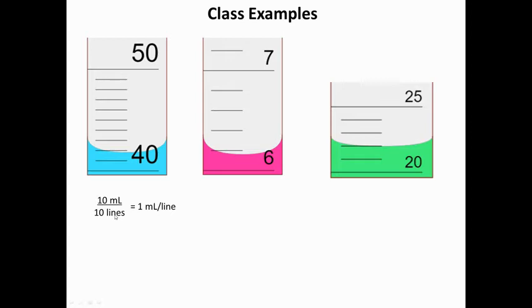And if we go ahead and number those, then you've got 40, and we can work our way up to 43. We could go further, but we're only worried about the parts that we're looking at here. And so we know that it clearly makes it past 40. It clearly makes it past 41, but it is not quite to 42 if we read the bottom of the meniscus. So therefore, we're going to say,